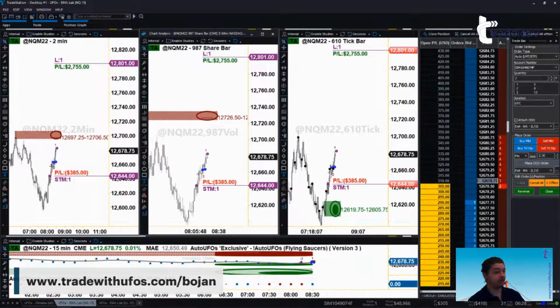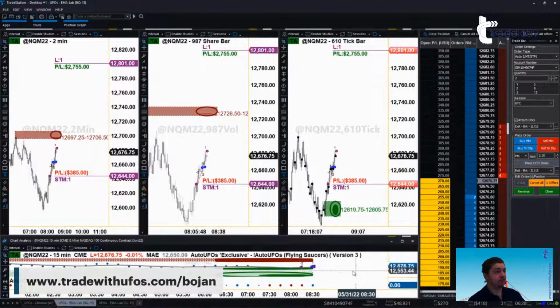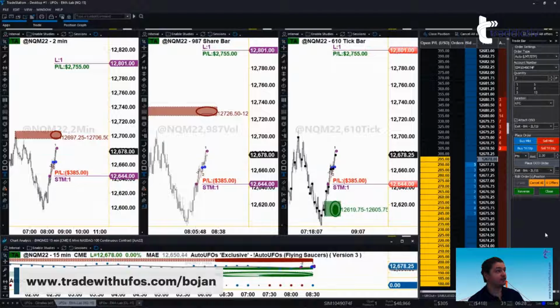We got about a minute and a half to go before the open. Obviously, price is pulling back a little bit right now, but let's see which way this takes us. Let's say you were trying to catch this now. Obviously that train has sailed. Right, the ship has sailed rather. The train left the station. The ship sailed. There's no UFOs anywhere near. So there's no way to take this trade right now.